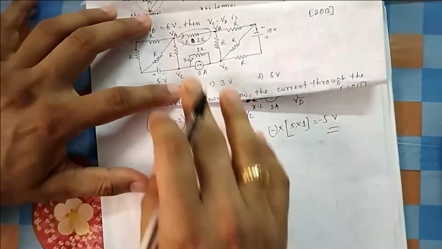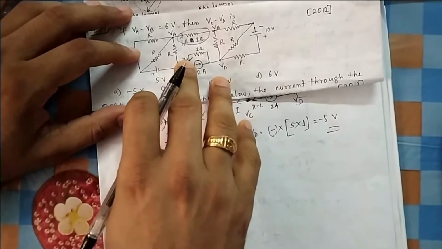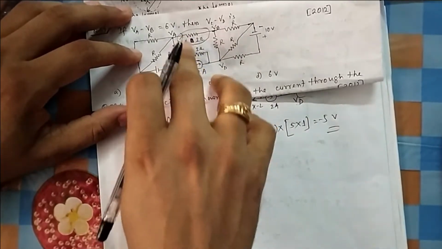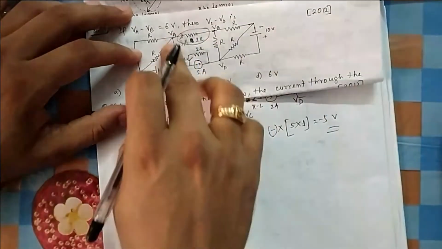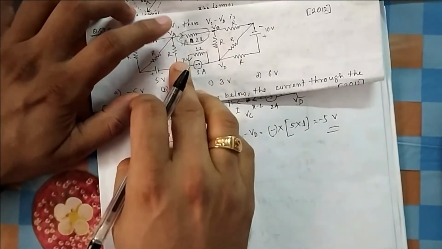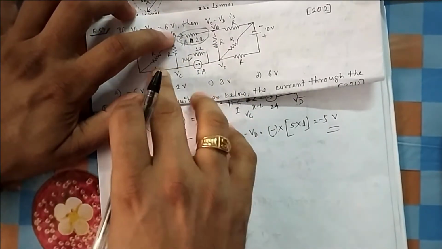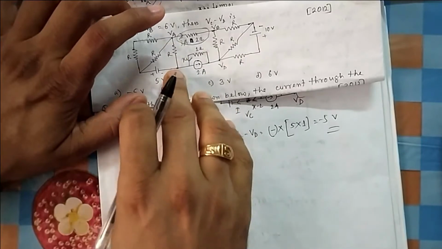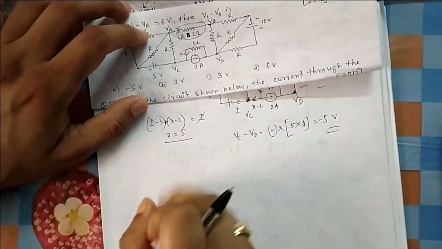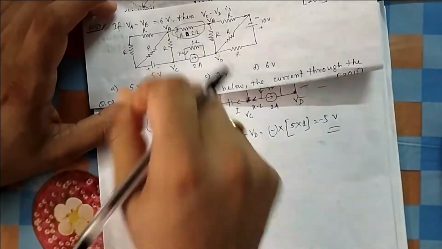So what we have done: this is given to you, this is unknown to me, so somehow we have to connect this. Either you go this side or this side. So what is the way to connect it? If I take KCL here and here, this current and this current are common for here also. So that can give me some idea. From that I got that hint to go in that direction.